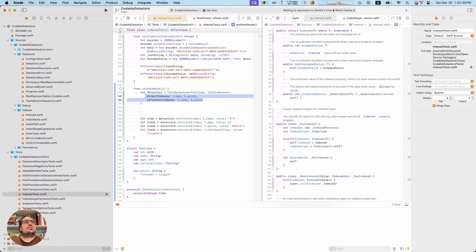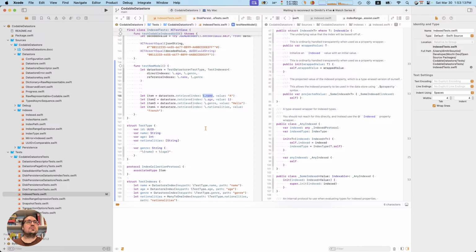Should we try? Yeah, I don't think we can use one of. Yeah, I think this is the best we can do. Specify the index again and get our value out of it.